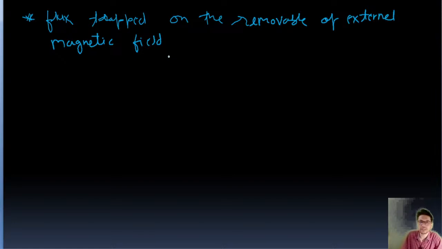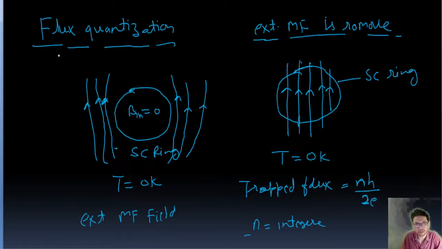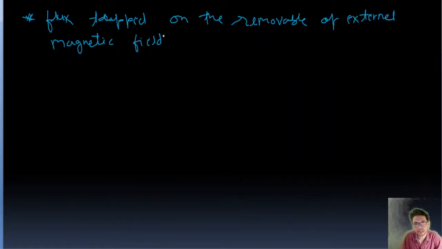Okay, flux trapped on the removal of external magnetic field. So this is the flux trapped. Okay, so the flux trapped on the removal of external magnetic field is always